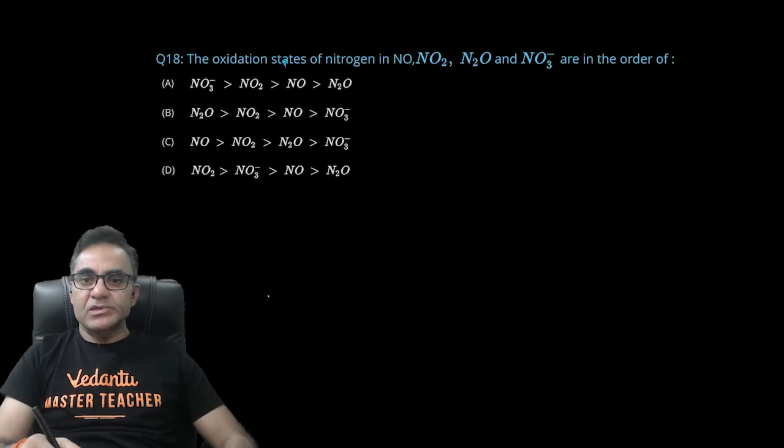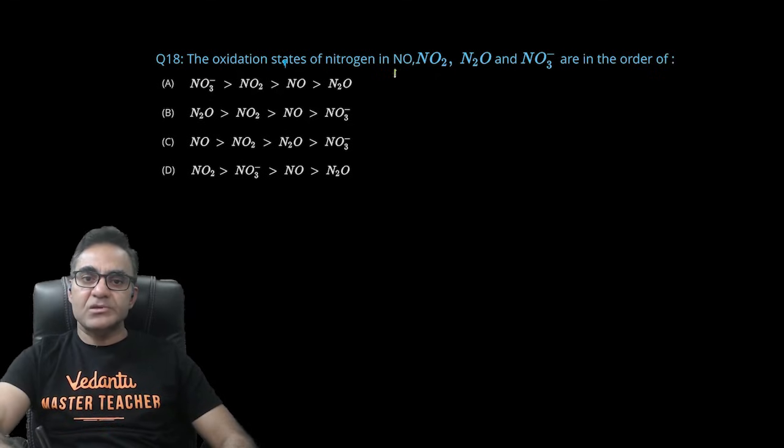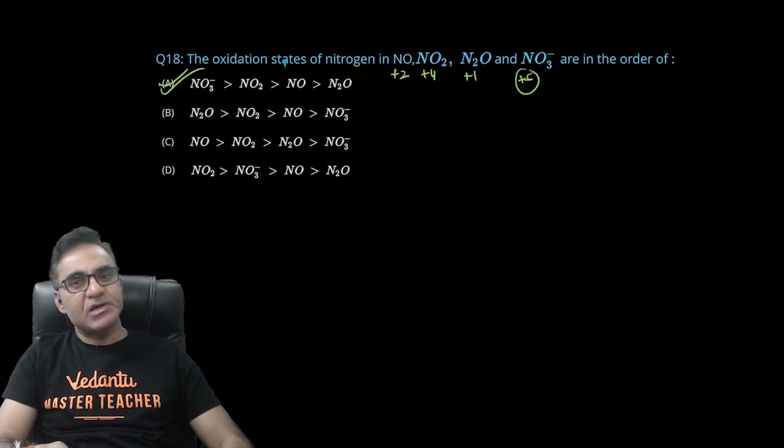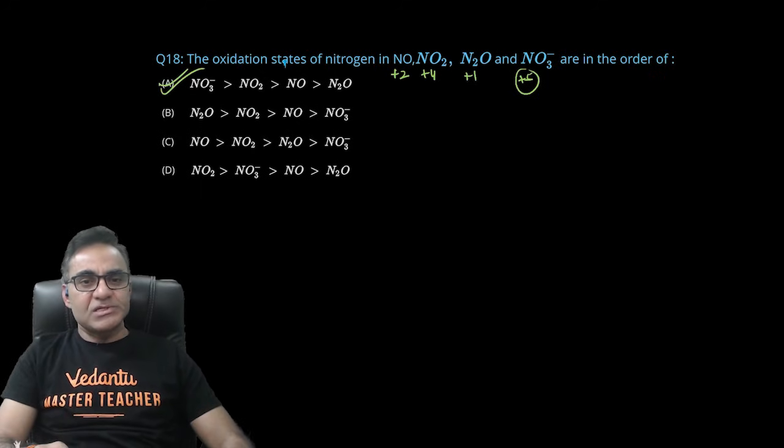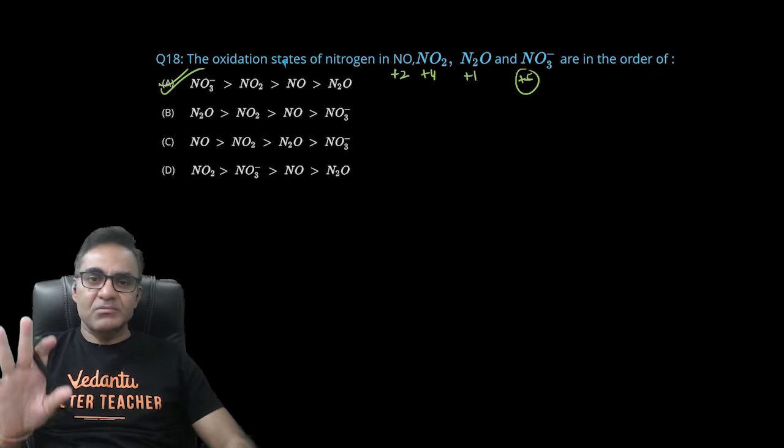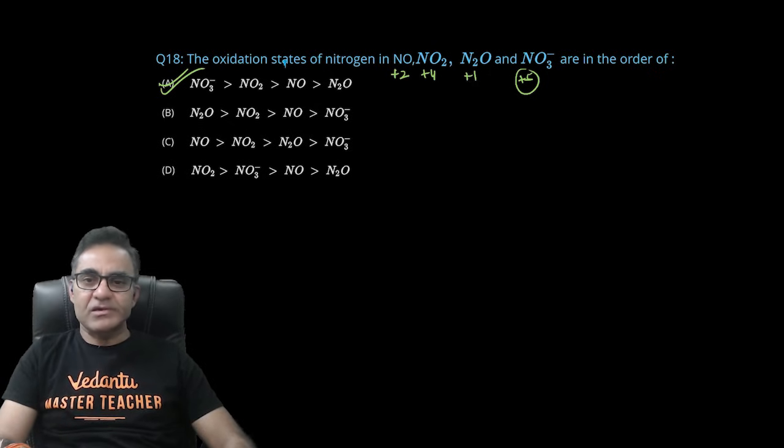ऑक्सीडेशन स्टेट ऑफ नाइट्रोजन इन द कंपाउंड, देखो नाइट्रिक ऑक्साइड में होगा +2, आप आसानी से निकाल सकते हो, खास बात नहीं है। NO2 में +4, N2O में +1 आएगा और NO3 में +5 आएगा, तो NO3 मैक्सिमम होगा फॉलोड बाय NO2 देन NO देन N2O, यानी कि A ऑप्शन इज गोइंग टू बी द करेक्ट ऑप्शन। दिस इज probably the easiest question of this paper, simple 20-30 सेकंड का क्वेश्चन है, आसानी से कर सकते हैं।